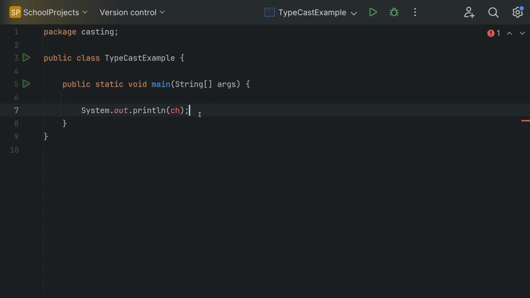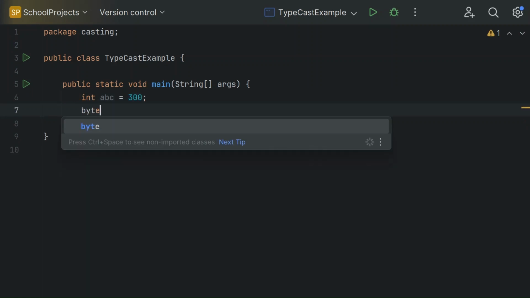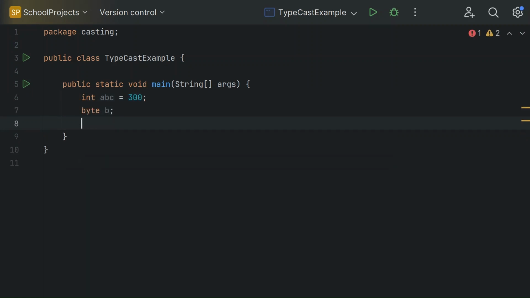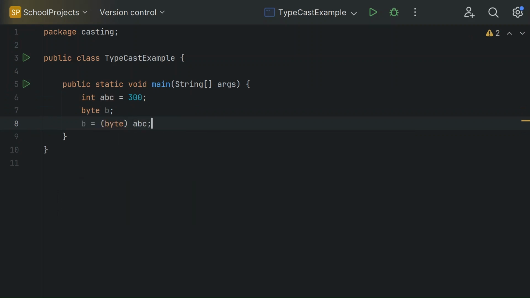For example, let's say I have an integer variable abc storing a value of 300. Then I want to convert this value into a byte data type and store it in a byte variable b. Once I print this, what will I get? Pause this video and think for a moment. Dry run this program in your mind as to what you'll get